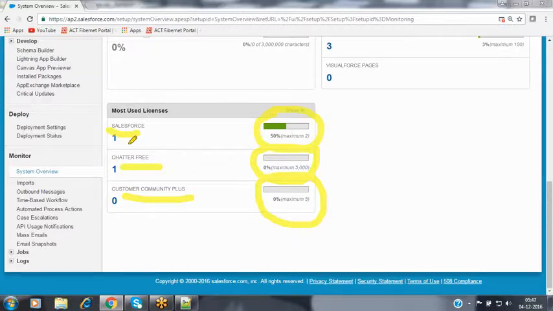Whenever you create a Salesforce instance, nothing but a Salesforce account, by default, with the details that you entered in the registration form, Salesforce creates one user for you. That user has the system administrator permissions and occupies 1 license. So 1 license has been used, and we still have 1 more license available, so we can assign this license to another user.